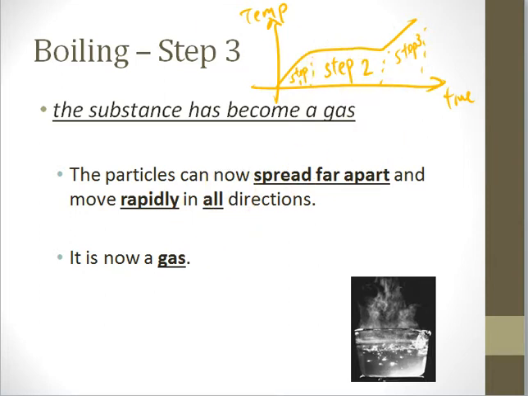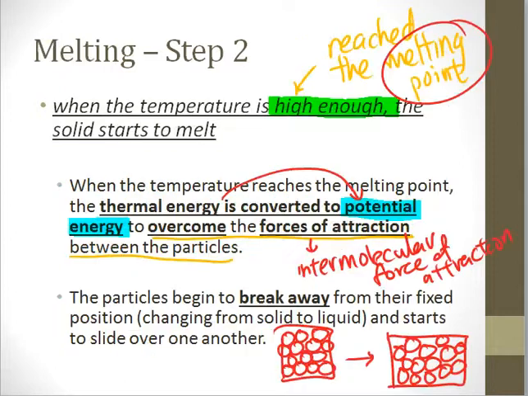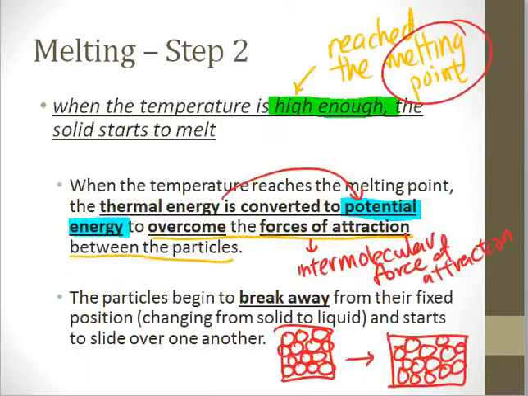So what I described as step 1, step 2, step 3, the real process of boiling actually occurs in step 2. So when we ask you to describe the process of boiling, you just need to describe step 2. If we backtrack a bit to melting, melting actually occurs at which step? It's only in step 2. So when we ask you to describe melting, you only describe step 2. So this wraps up melting and boiling.